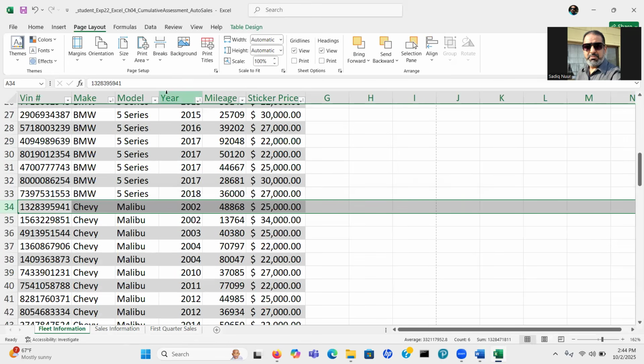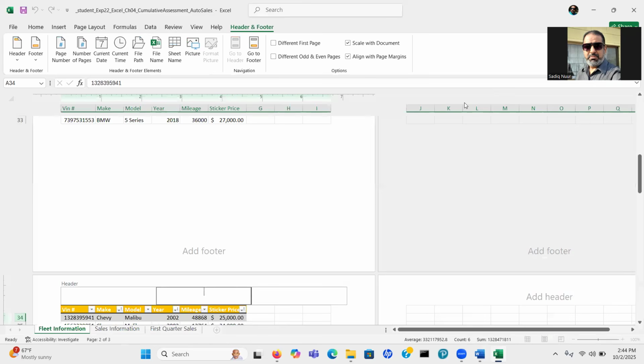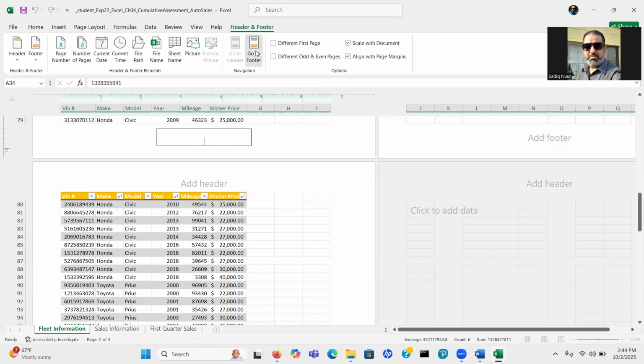So one way is we can go to Insert, go to the group that says Text, Header and Footer, and then be sure you go to the footer, and then we will go in the first box.